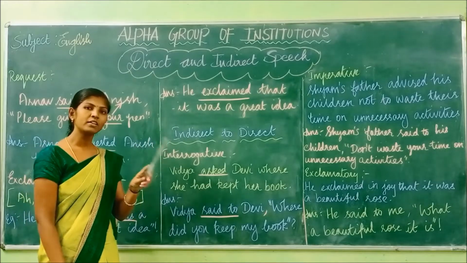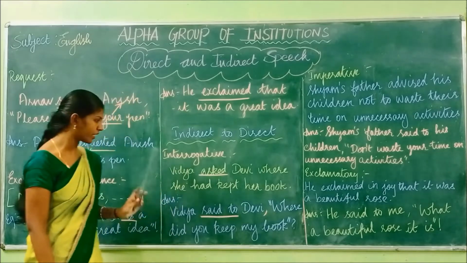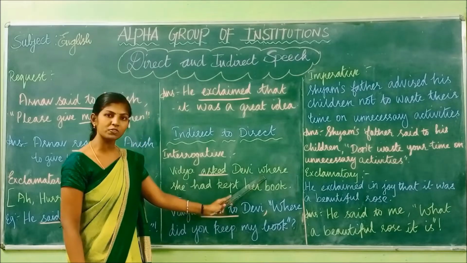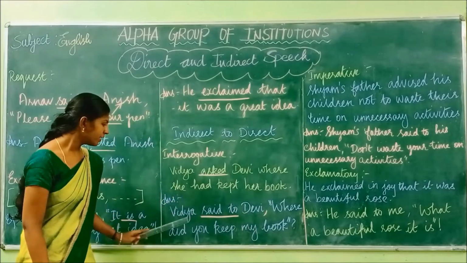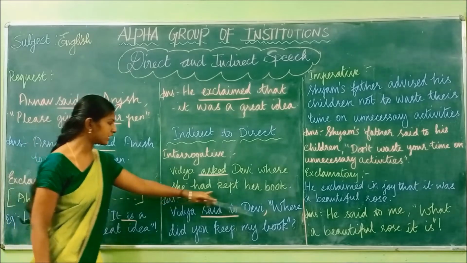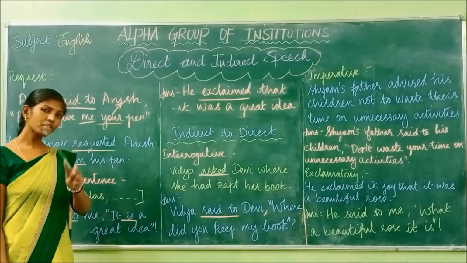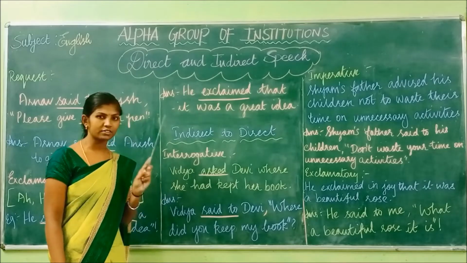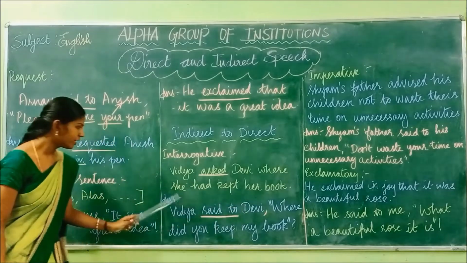What did I say earlier? For a WH question, from the question to the answer, the same WH word will be followed, right? So from where the quotation starts, we are writing. What is the WH word here? Where, right? So we are writing the same where here. Vidya said to Devi, where? Now, what are we saying? She had kept her book. The sentence is given in past perfect. What must be the question then? Yes, it must have been in simple past, right? So, after where, this